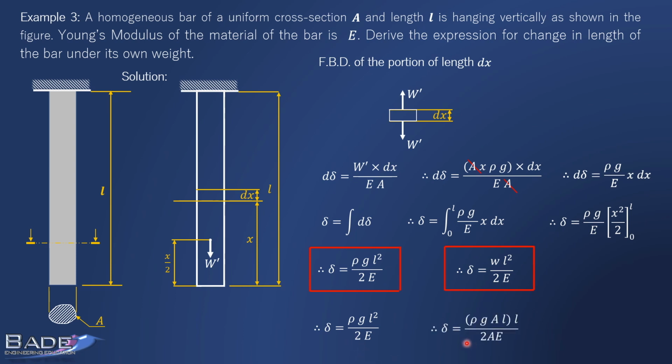Now watch here. Delta is equal to rho G into L squared. So L into L, this is how I mentioned here. So rho into G into A into L. What is that A into L? Cross-sectional area into length of the rod, that is volume of the rod, into weight per unit volume. So this bracket is the total weight of the rod, and this is how we have found out delta. W is weight of the rod. So in terms of weight of the rod, what is elongation of the rod? Delta is equal to WL divided by 2AE.